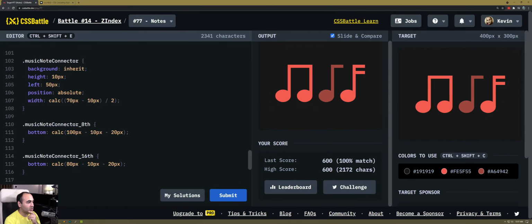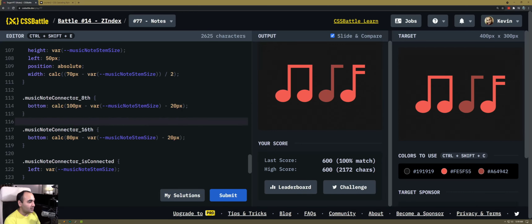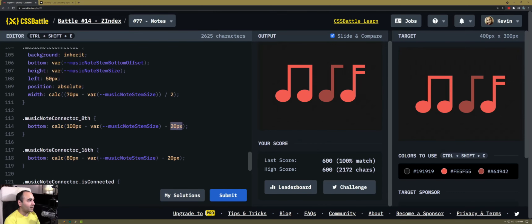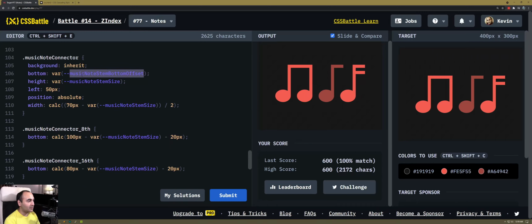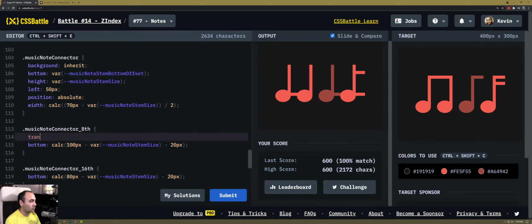Now, some things that I would change in the future had I been doing this differently: I would change these calculations here, these numbers that are important. This 10 pixels is the stem width. So this minus 20, how do we get rid of it, right? If we set the bottom here based on that offset, then when we do these translations, we would translate